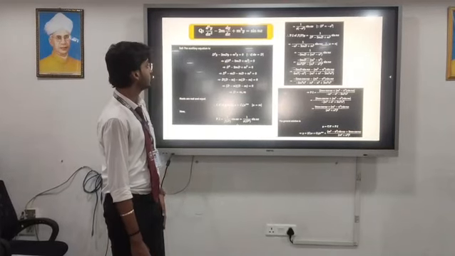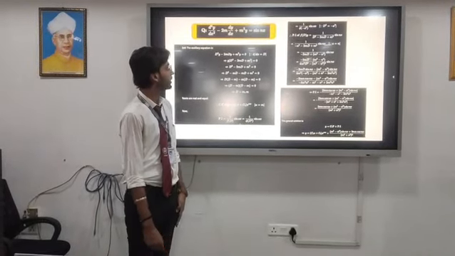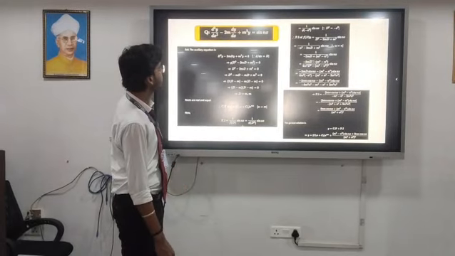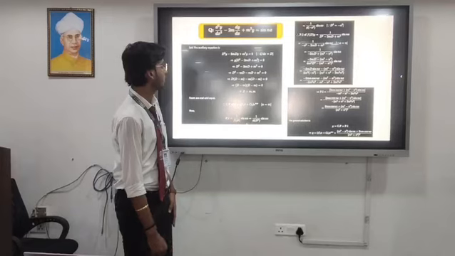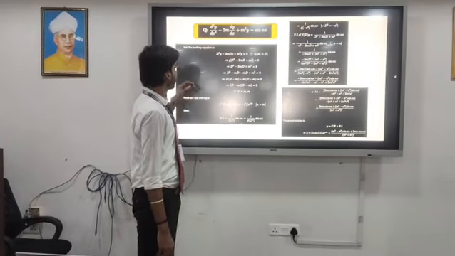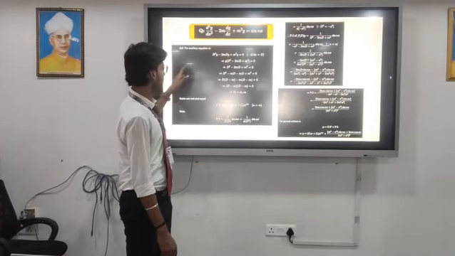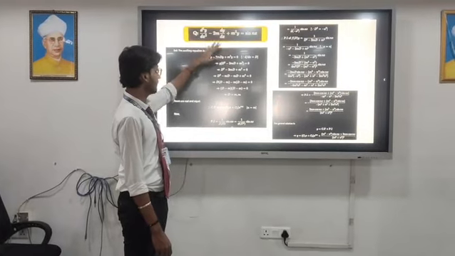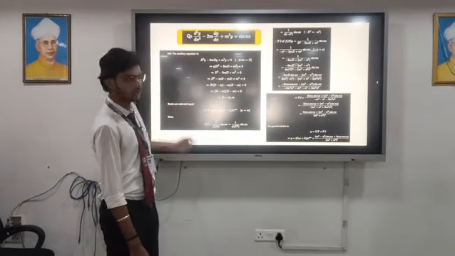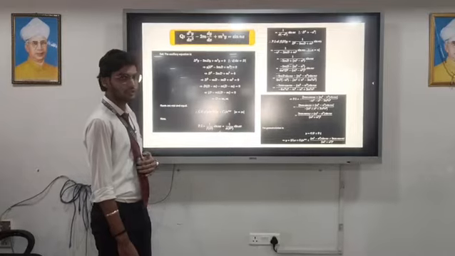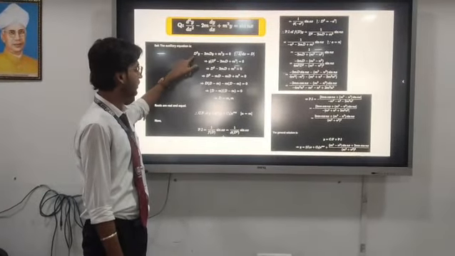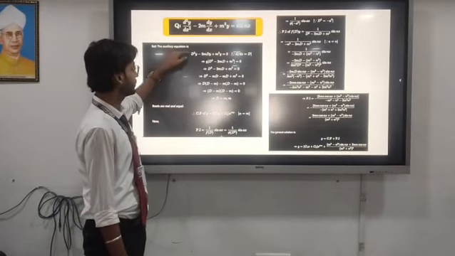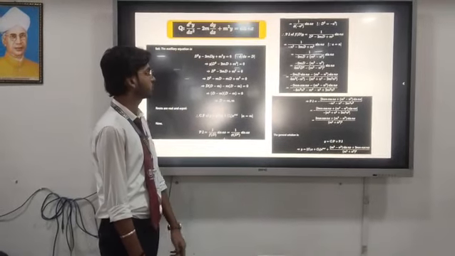So we have a question here: d squared y upon dx squared minus 2m dy upon dx plus m squared y equals sin nx. Let's see how to solve this question. Firstly, we will write the auxiliary equation for this given equation. We will replace d/dx with D, so d squared y by dx squared becomes D squared y, and the equation becomes D squared y minus 2m D y plus m squared y